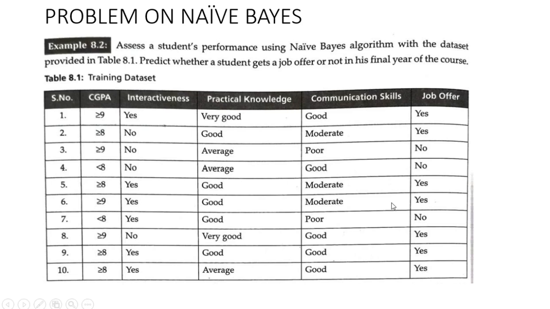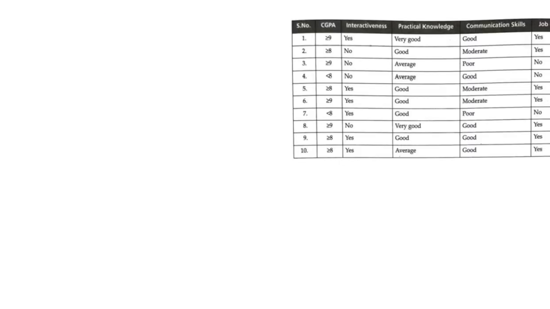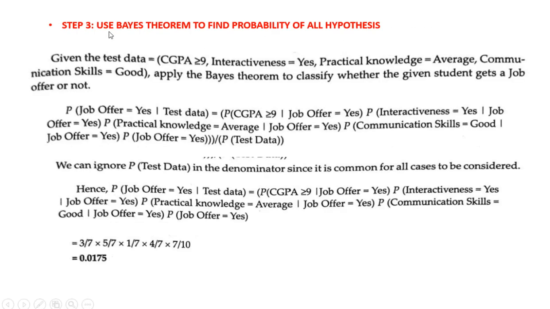Suppose the test data is given such that at the end I get a probability of job offer equal to yes as 0. Then what do you do in that case? In Naive Bayes, what we learned is we find the probability for the student to get the job offer as yes, and we also find the probability for job offer no. Suppose one of the probabilities gives us a value 0, then what do you do? So let's say this is the test data given,